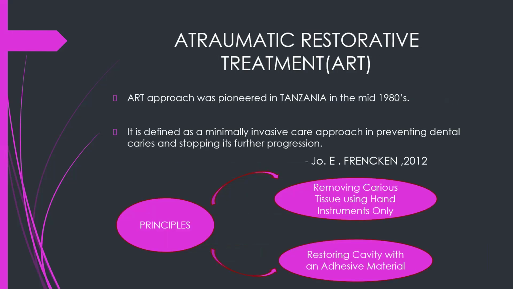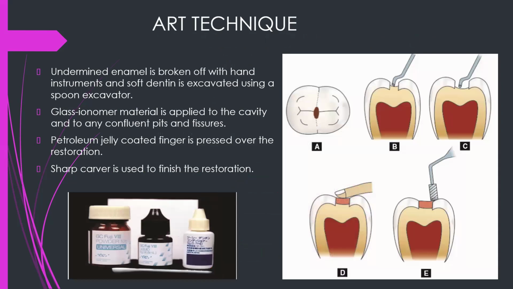Atraumatic restorative treatment is one which uses hand instruments. This was introduced by Frencken in 2012. What you do is you use only hand instruments in areas where the facilities for dental care are not good enough. You break off the undermined enamel, the soft dentin is excavated using a spoon excavator, and then you use glass ionomer cement to restore the cavity and also any confluent pits and fissures. And you finish the restoration